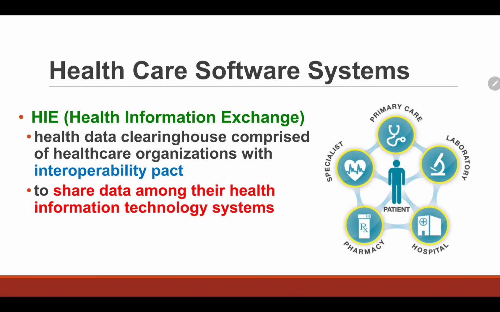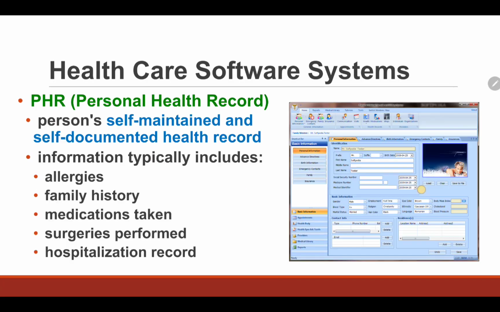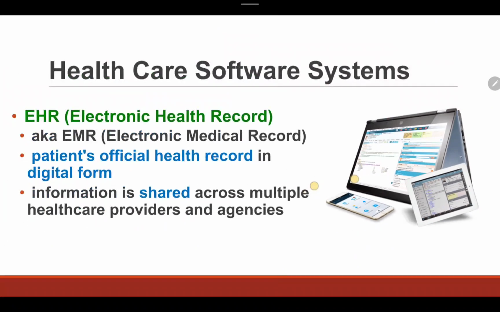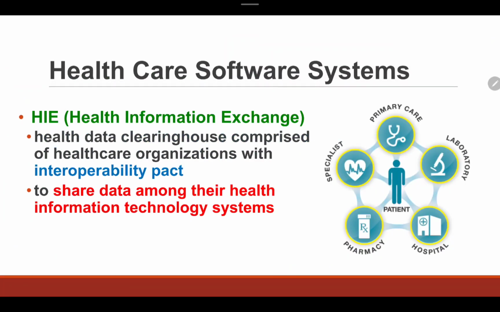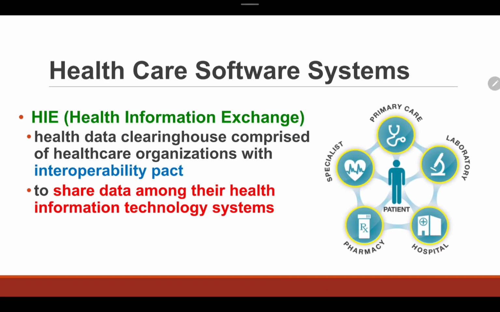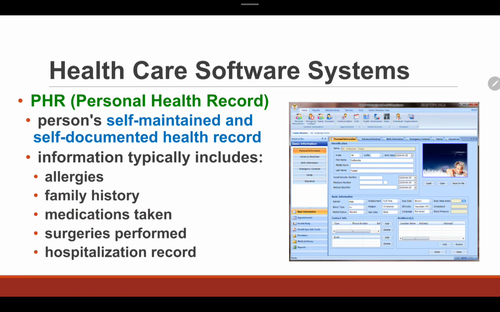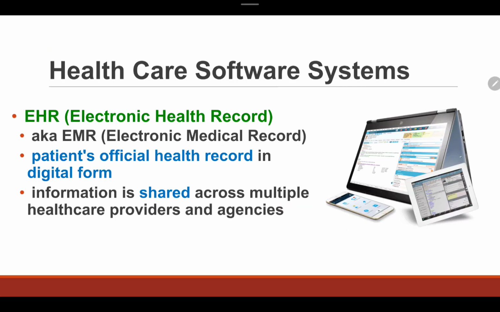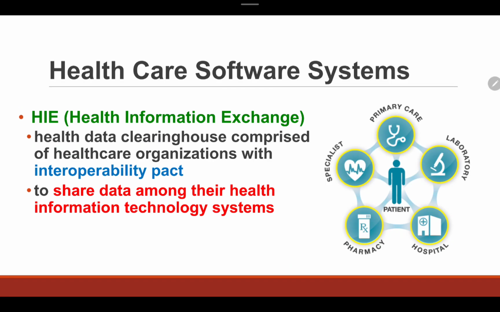The ONC, Office of the National Coordinator, is the one that regulates that. Okay? So I hope it's clear to you. So far, these three are related, right? If our EHR is good, a good EHR of a hospital, it can be distributed by your Health Information Exchange. The PHR, on the other hand, is your own record that you keep manually. In case something happens to you outside and you don't have an EHR in a hospital yet, they can use your PHR to input and create your own electronic health record. Okay? So I hope it's clear.